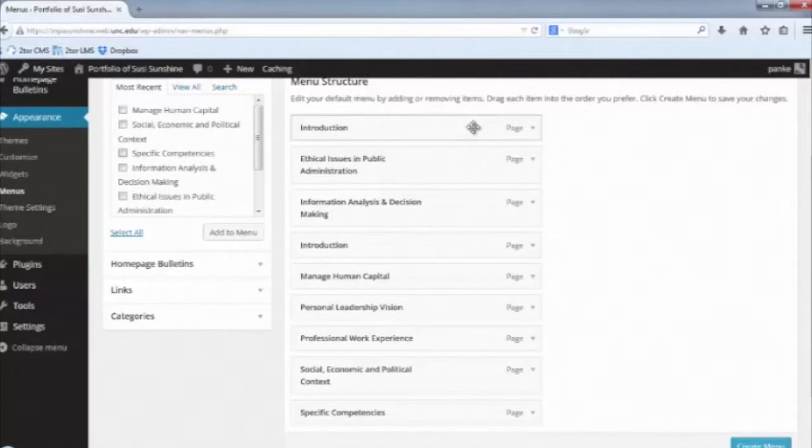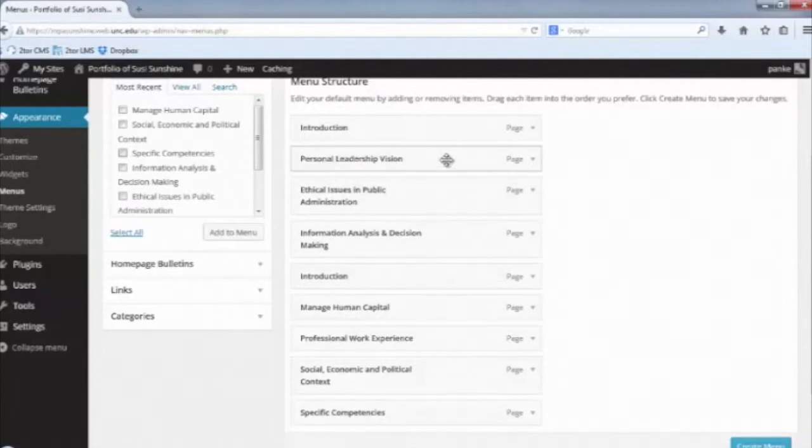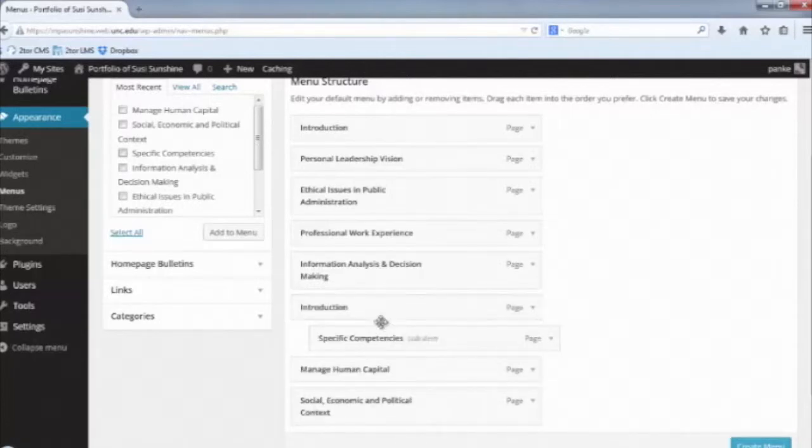So just make sure that the menu flow is in line with the requirements of the structure of your portfolio, which should flow as follows. First, the introduction, then the personal leadership vision, then ethical issues, then the professional work experience, information analysis, specific competencies,